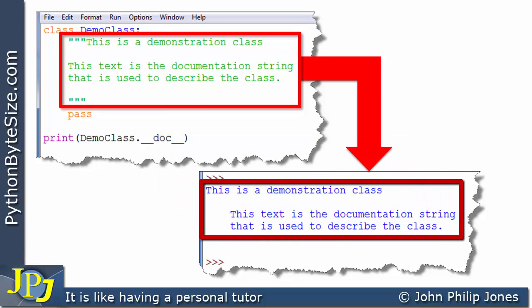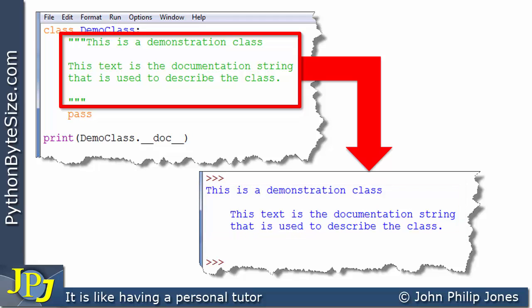at runtime. And of course, if this was going to describe a sensible class, not this demonstration one I'm using here, it would tell us things about the class. It might say, oh, this is for a bank account. This is how you can debit your account, credit your account. This is how you calculate interest. It could have words in there to give you an idea as a programmer as to what the class will